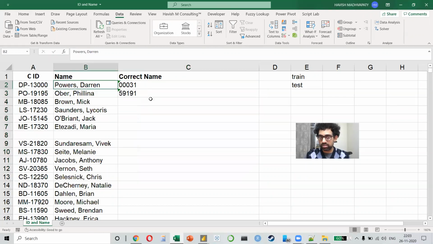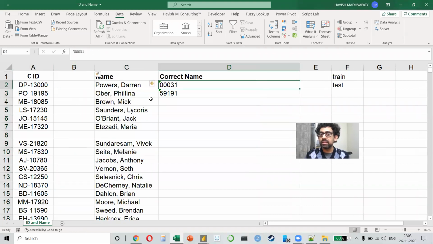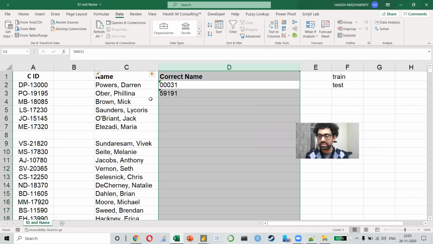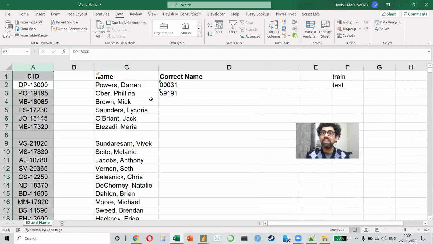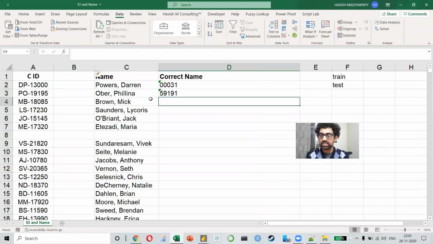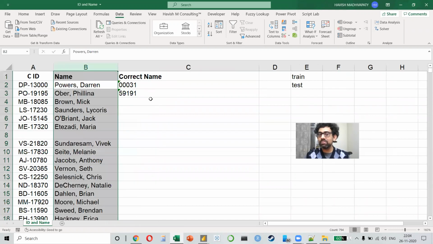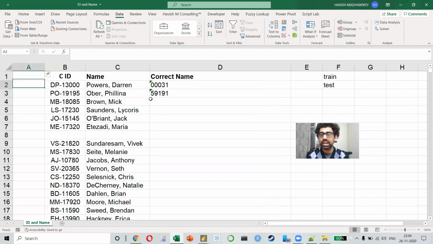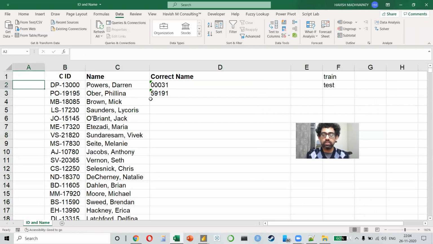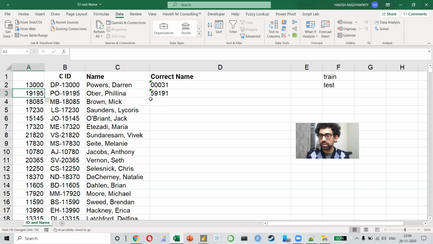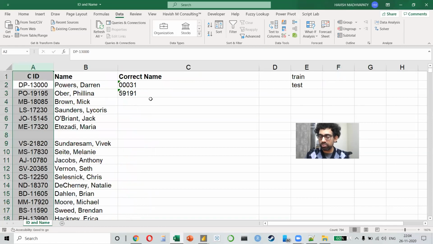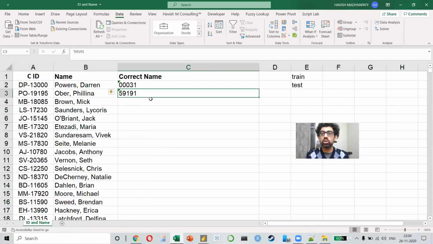Also, it will not work if there is a blank column. That means column D is where I want the result, and in column A, I have my input. If I press Ctrl E, it tells me we looked at the data, but we could not find any pattern. It can only look at a column to the left or to the right. For example, if I write 13,000 here and press Ctrl E, it still works. It can work on the left or to the right, but you can't have blank columns in the middle, right?